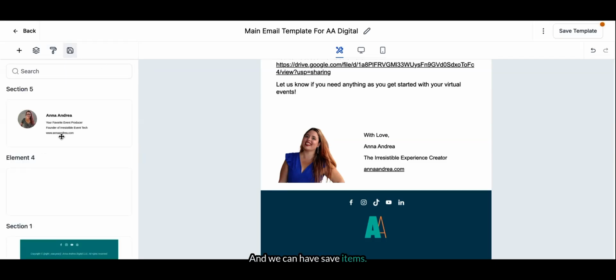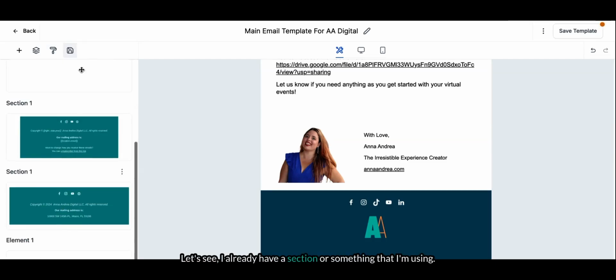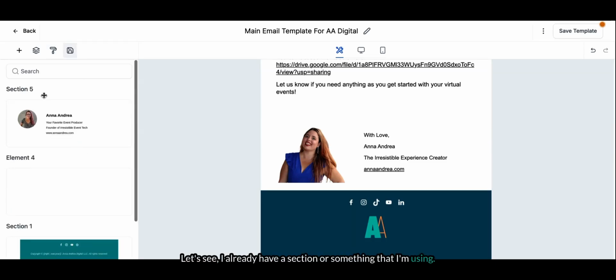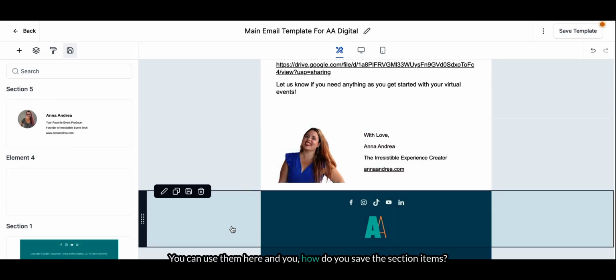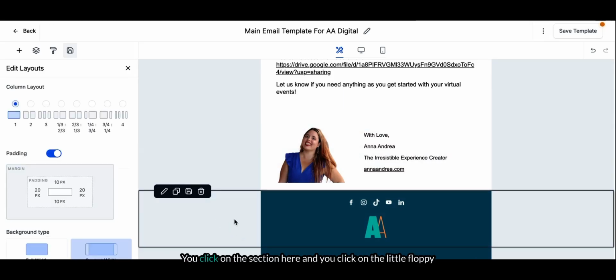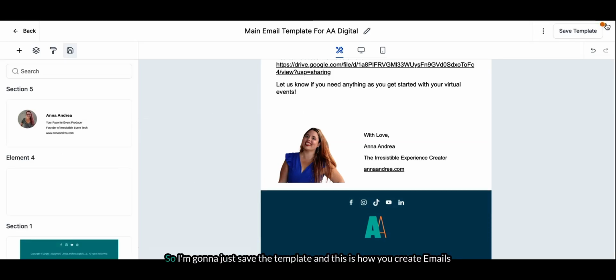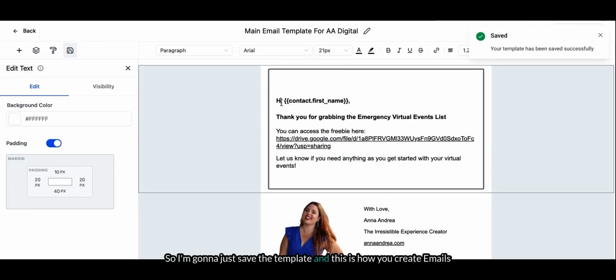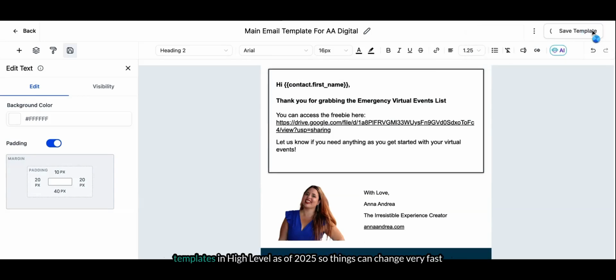And we can have saved items. Let's see. I already have a section or something that I'm using. You can use them here. And how do you save the section items? You click on the section here and you click on the little floppy disk, which is the save button, the save icon everywhere. So I'm going to just save the template, and this is how you create email templates in HighLevel